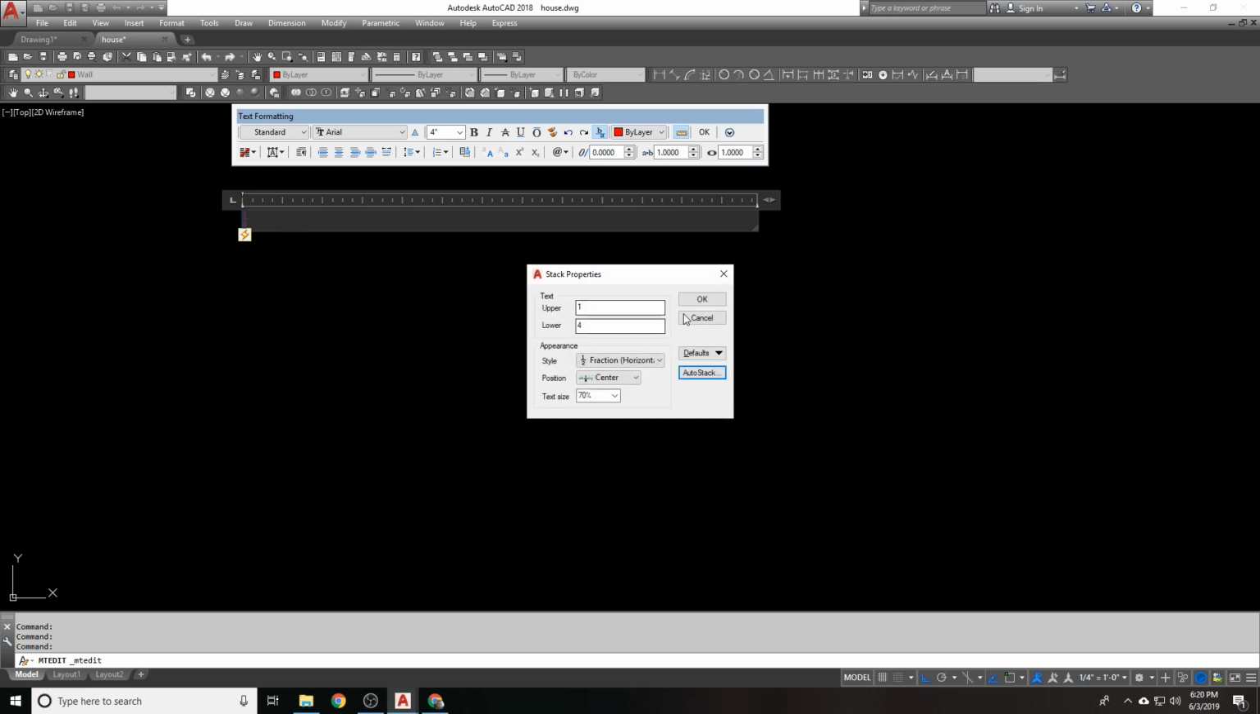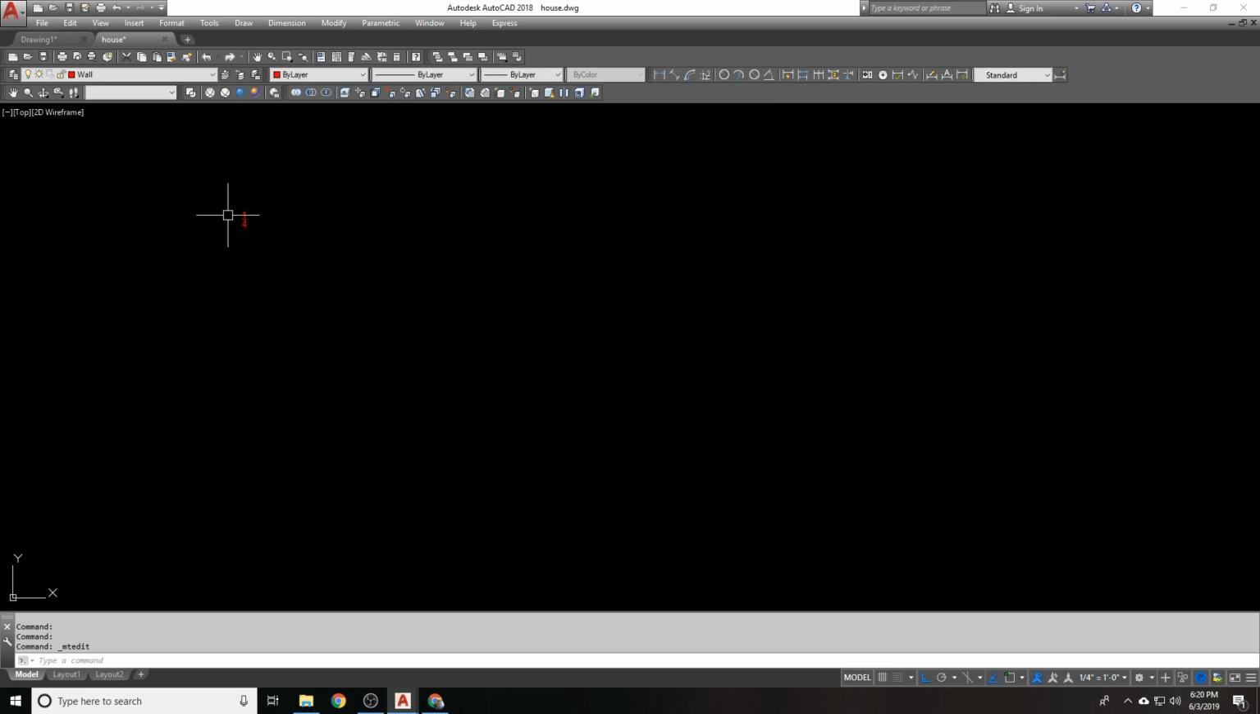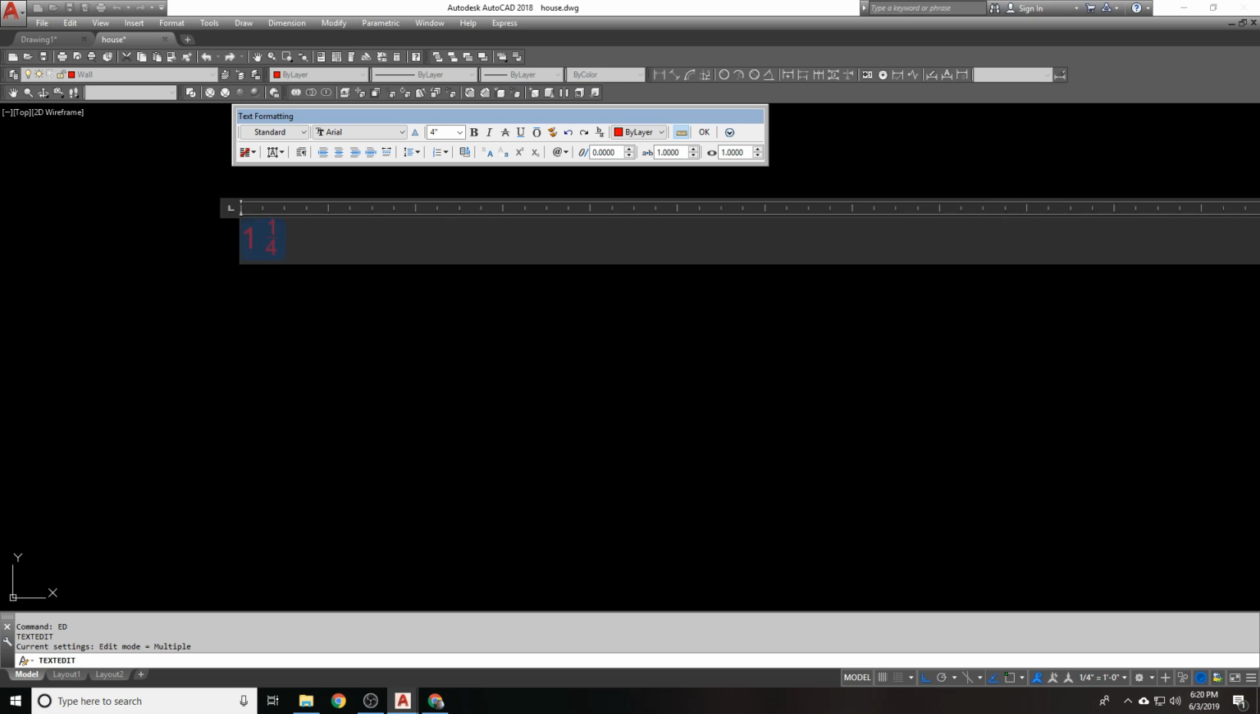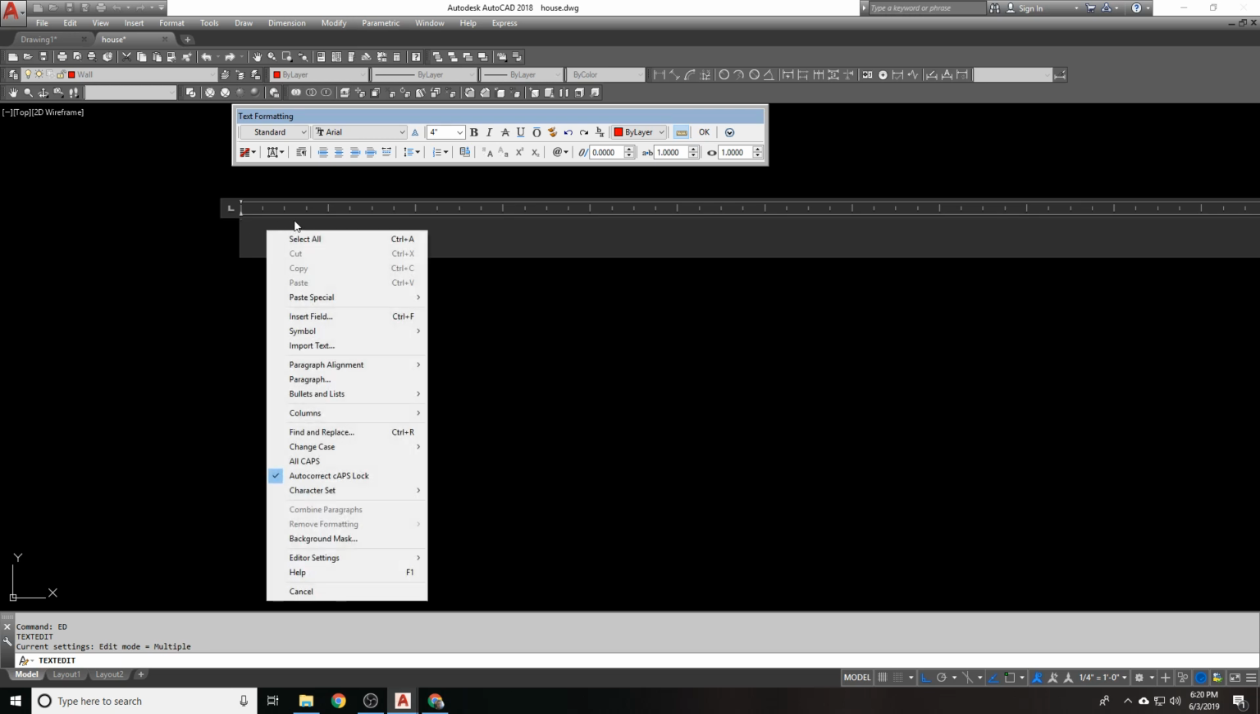So let's see an example of that in action. Let's say I type in, I didn't see whether it was turned on or not. So there's 1 1/4, right? Now let's say I want this to be diagonal and I want to remove the space between that. Well, I can turn on my stack options. So I've right-clicked inside the drawing area, which gives me this window. Some of this stuff is available up here, some of it's not. So I'm going to go to,